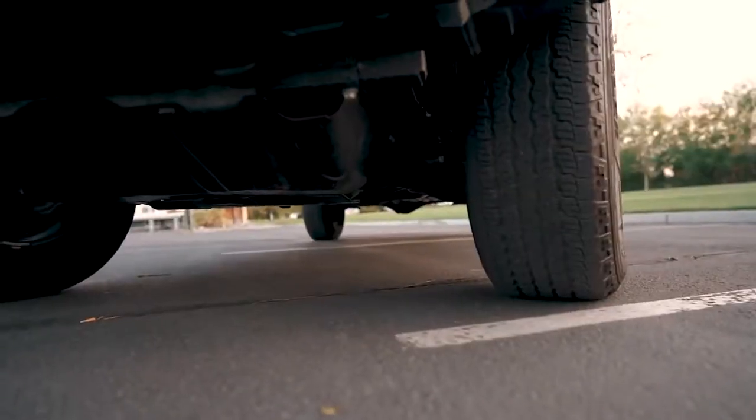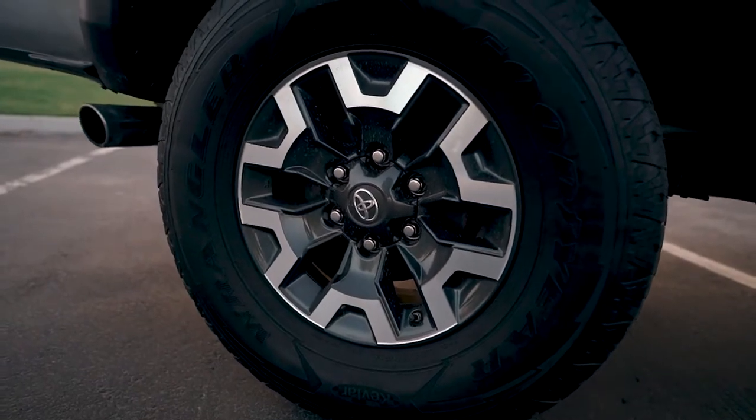The Sport just didn't have the rear locking differential or the crawl control, but the Pro does. Now, the Pro is something that's a little bit more spending in my opinion. I'm going to upgrade this truck anyway. I'm going to add new tires, new wheels. I'm gonna mod it out anyway. The things I couldn't mod out, or at least couldn't easily mod out, were the crawl controls and the rear locking differential. So that's why I decided, okay, this is my base, and then I can upgrade to some of the Pro features,